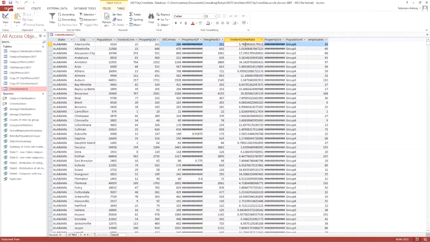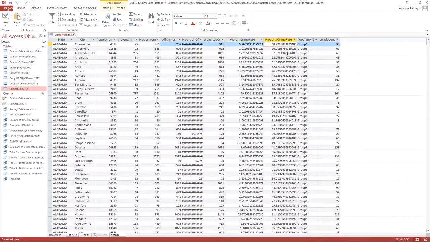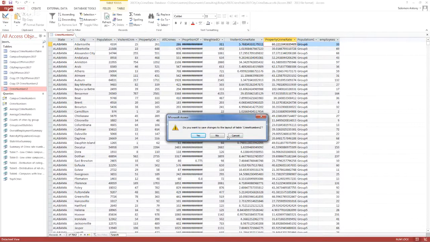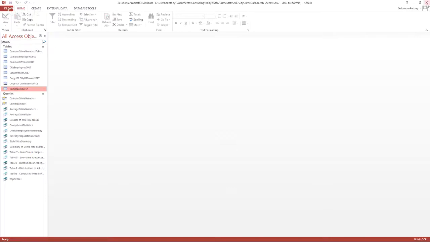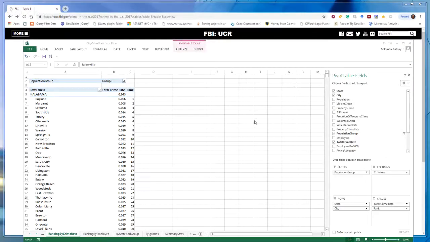So that's 5.76 violent crime per 1000 population in Adamsville, Alabama. And then similarly, property crime. And so I got all this data, right? So this is all done in Access. Now, Access is good for managing data, but not the best environment for doing analysis.